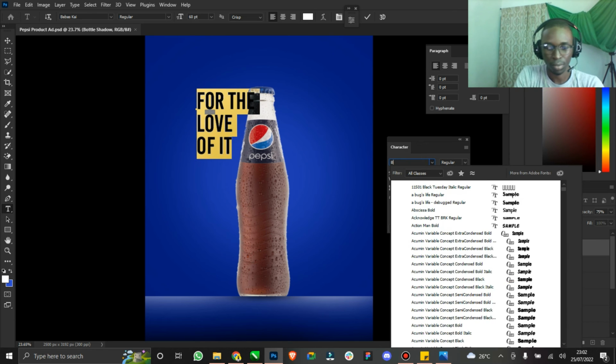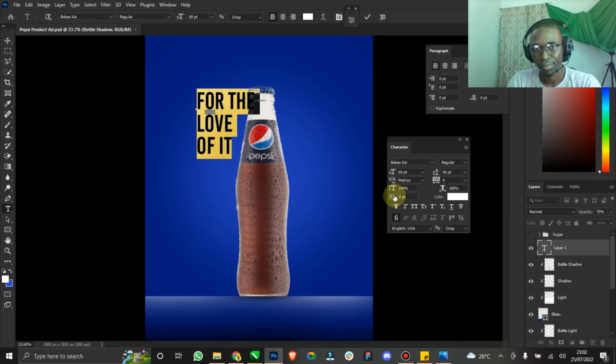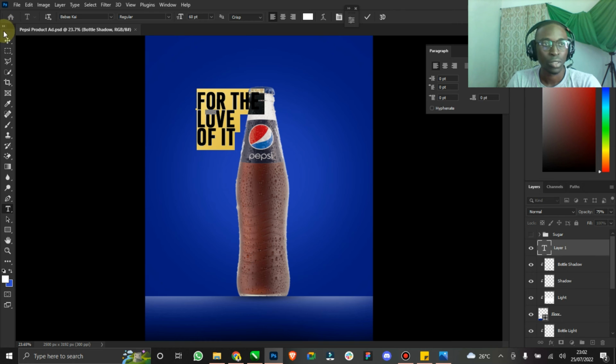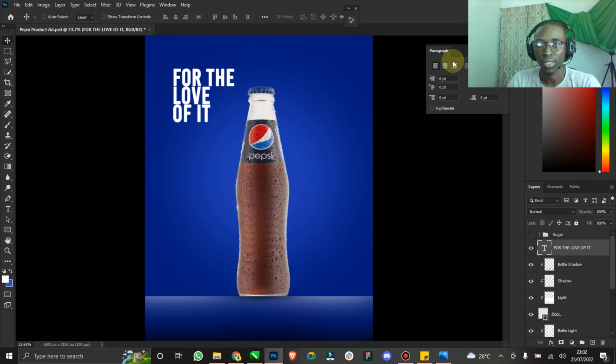Bebas. Yeah, I love this font. So we want something bold. All right. So let's just assume we want to have something like, okay, we just have to